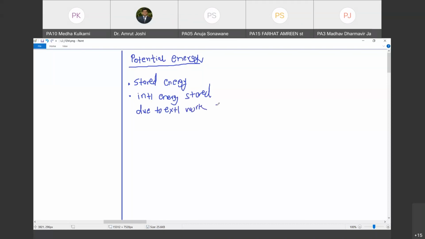Anyone else? Potential energy is stationary and depends on its position relative to other objects. So potential energy depends on the position. That's what Anuja is saying. Others? So everyone else is absent, can I assume that? Supriya says energy stored depends upon the position of the part of the body. Sumit, can you type your response in the chat box? Sumit, Shubham, Farhat, Akshita.